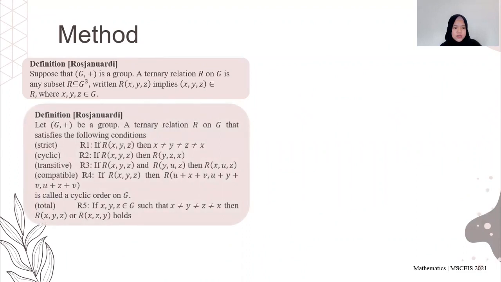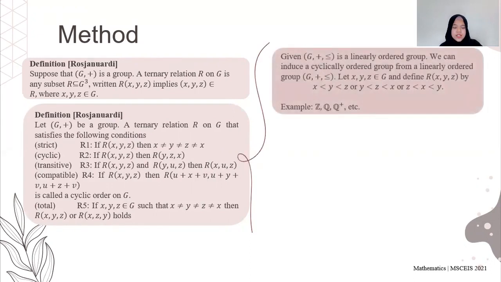Let G be a group. A ternary relation R on G that satisfies the following conditions: R1 or strip, R2 or cyclic, R3 or transitive, R4 or compatible with the operation on G. A ternary relation R that satisfies the conditions above is called a cyclic order on G. Then the pair (G, +, R) is called a cyclically ordered group. If the ternary relation R satisfies this additional property, that is R5 or total, then the cyclic order on G is total, and we call (G, +, R) a total cyclically ordered group. For example,